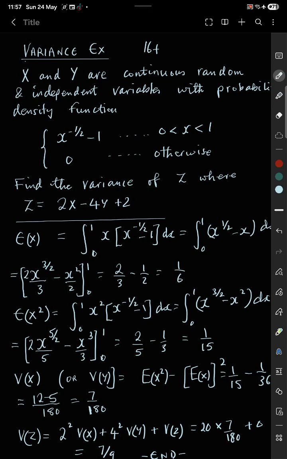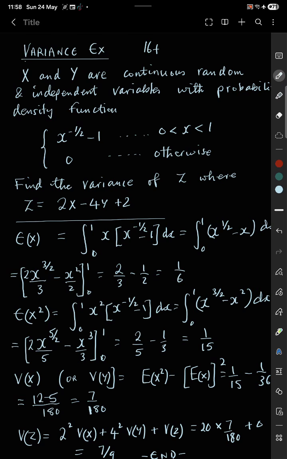probability density function x to the minus half minus 1 when x is between 0 and 1 and 0 otherwise. And we've got to find the variance of a third variable z, where z is equal to twice x minus 4y plus 2. So first of all, we need to find the expectation of x, which is the same as